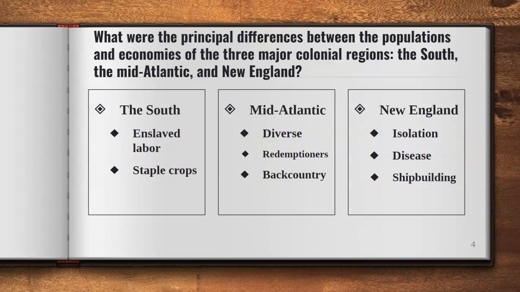In New England, the population dynamics differed significantly. More people were leaving the region than arriving, leading to relative isolation from the rest of the colonies. A decline in life expectancy due to outbreaks of smallpox and diphtheria, particularly among later generations who lacked exposure to these diseases, slowed population growth. As earlier farm-based exports declined, New England's economy shifted towards shipbuilding, which became the region's primary economic activity. This change reflected broader trends in the region as its economy and social structure evolved in response to external and internal pressures.